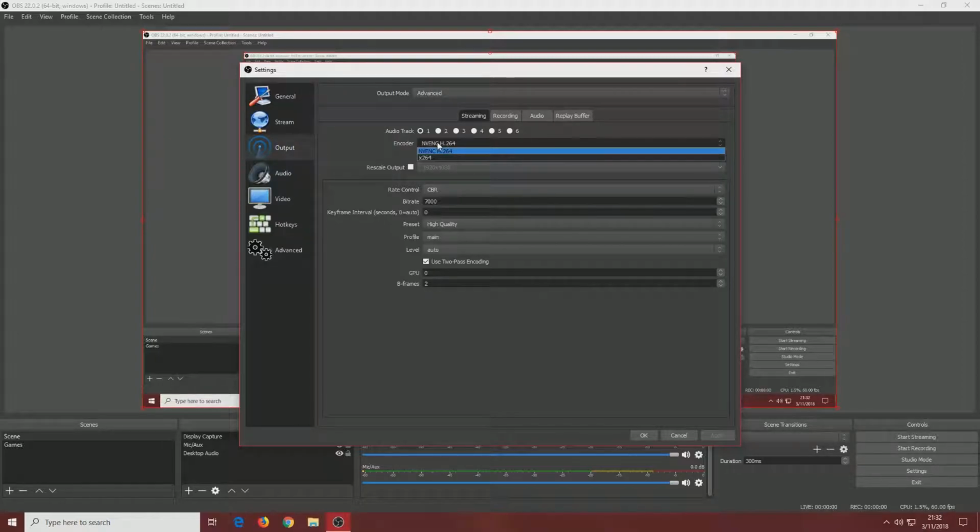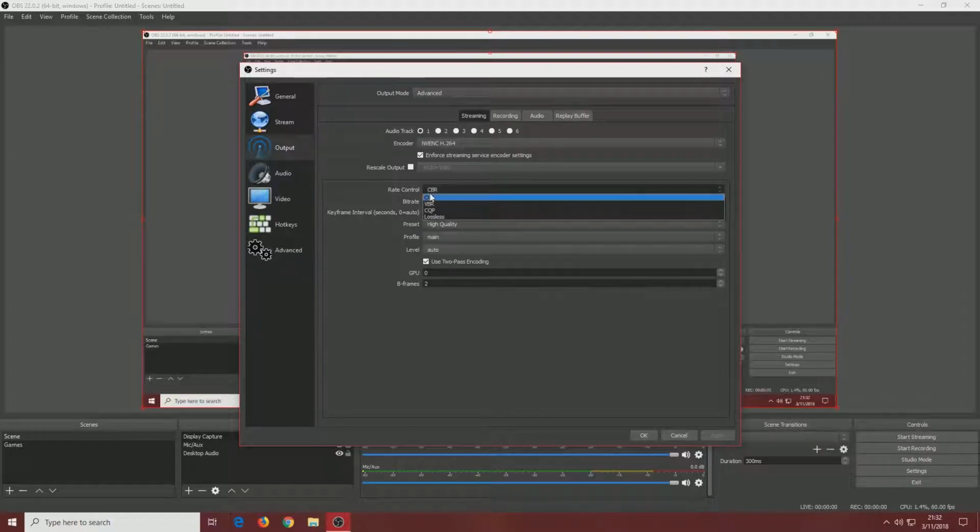that is the one that will use Intel HD graphics. I have that on my laptop. I didn't try that yet. But for instance, on my 1060, which has a lot of headroom in terms of power, the NVIDIA encoder is really good. So you want to select this one, and then for rate control, select CBR,